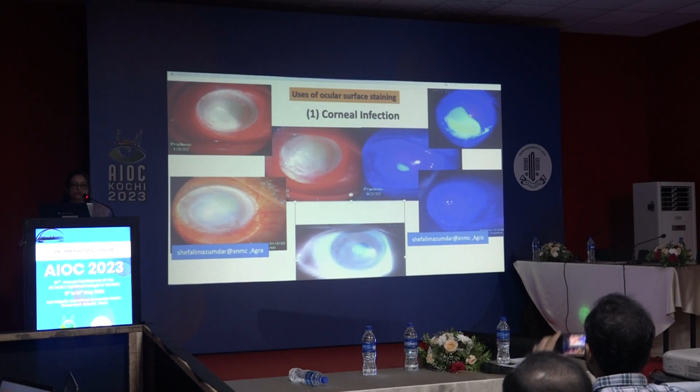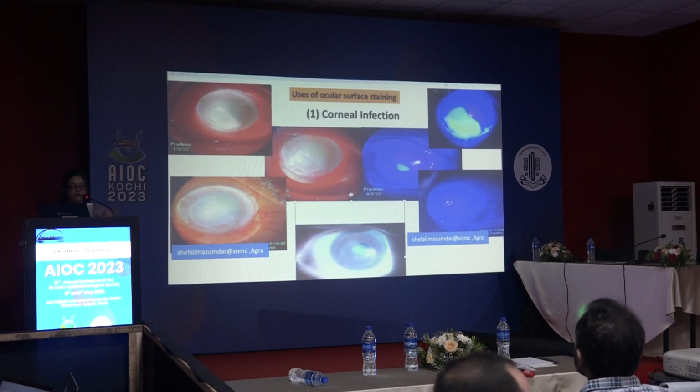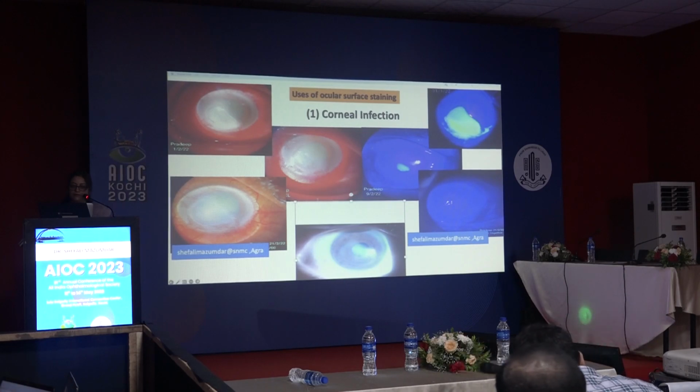Now let's come to the uses of ocular surface staining. So the first use is in corneal infections. Like in this case, I have shown you a case of corneal ulcer. On day 1, we stained the cornea with fluorescent dye. For what? For documentation, okay? And then during follow-up, you see, I kept on staining my patient to see whether my treatment is good or not, whether the patient is responding to my treatment or not. And you can see within a period of 18-20 days, the ulcer was completely healed and the cornea became stain